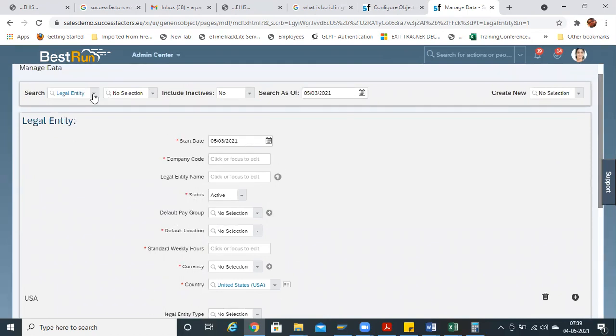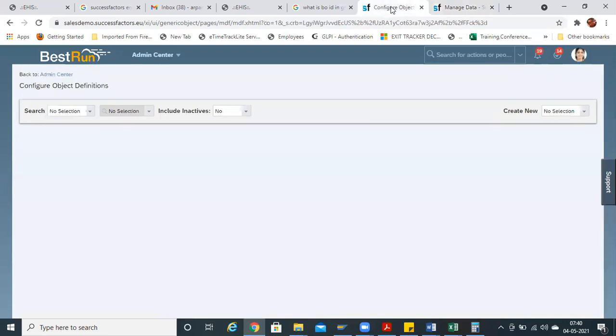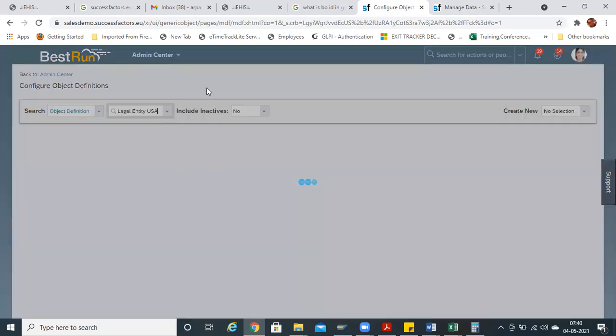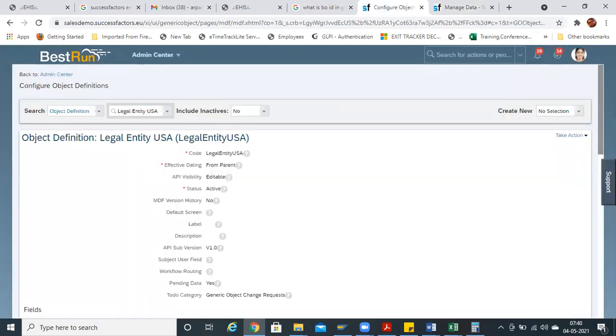Legal entity here is basically managed data. Let me show you in configure object definition. If you go to object definition and select legal entity, you see USA, Thailand. Where are these applicable? These are applicable in these associations.